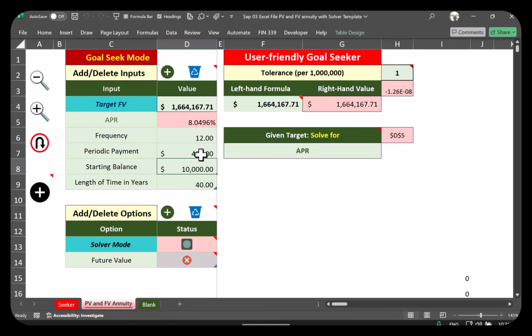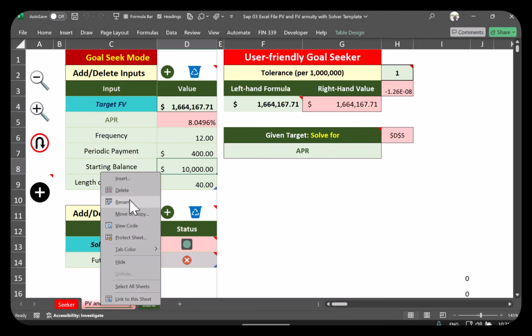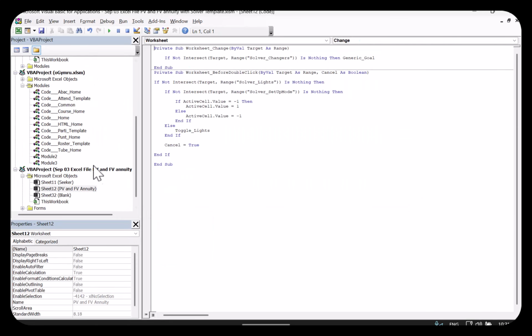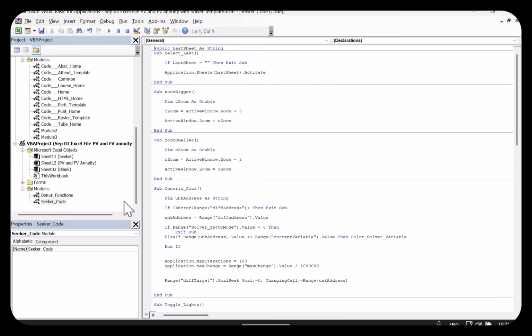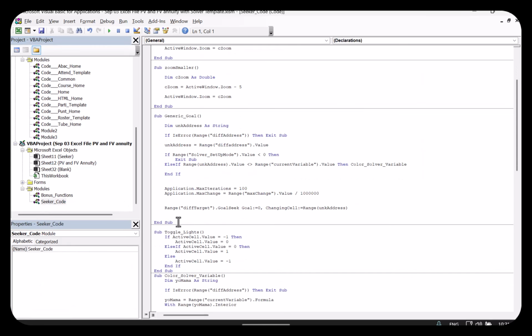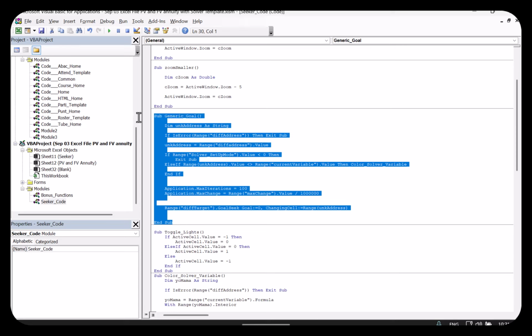But all this is done using very basic Excel skills. There's some coding involved, and I'm going to show you how to do it, but it's not that complicated. I mean, let me show you the most complicated code that's in this thing. This is it. It's basically